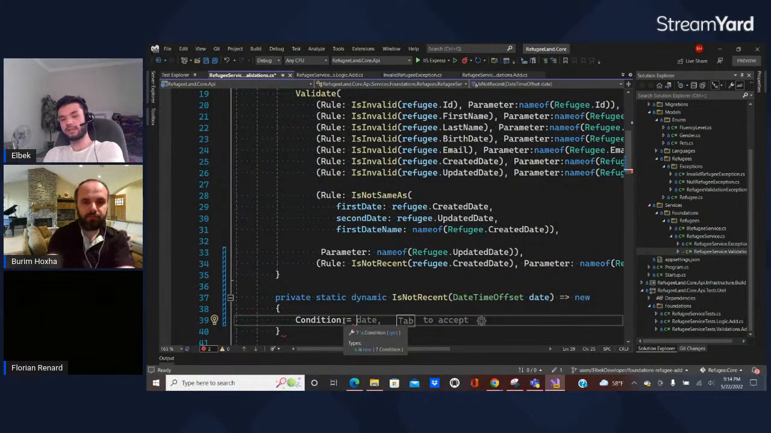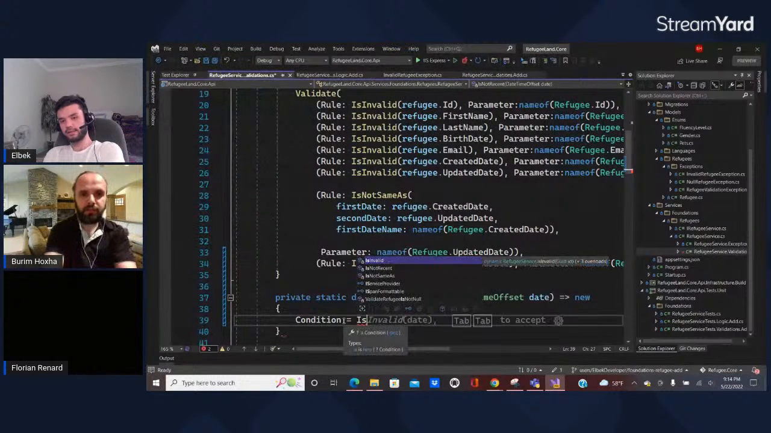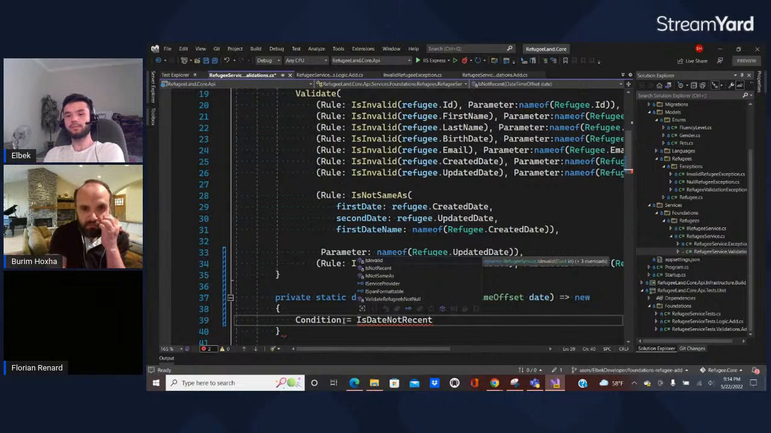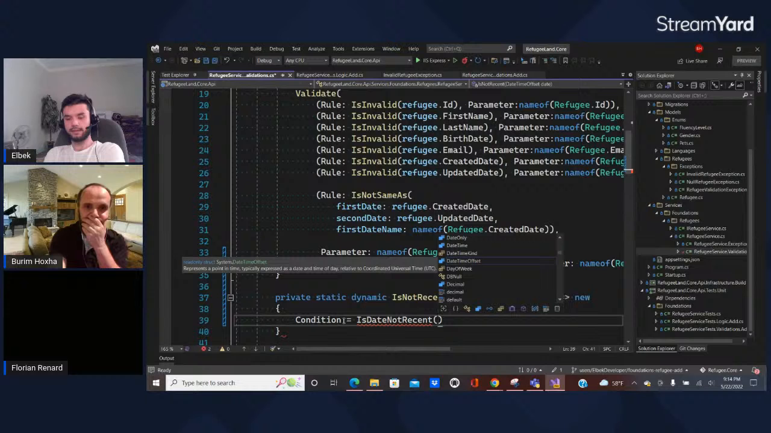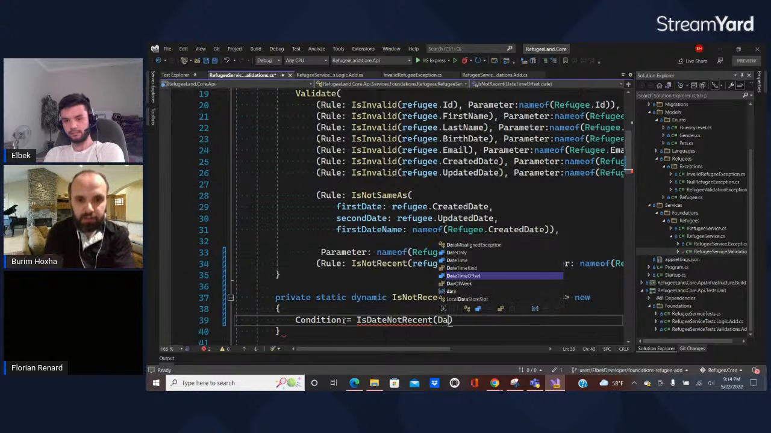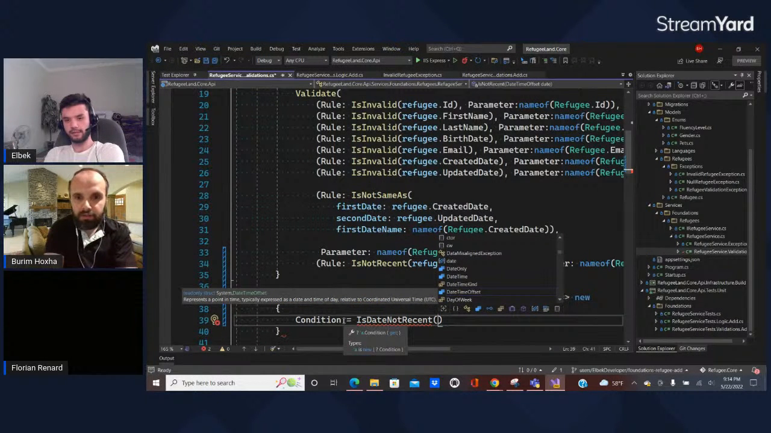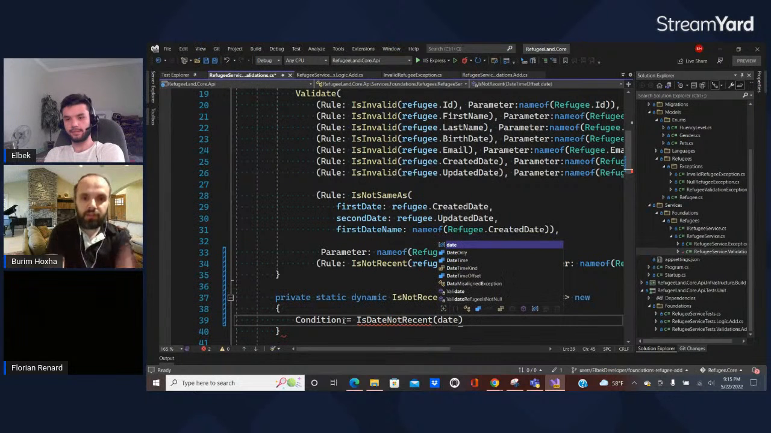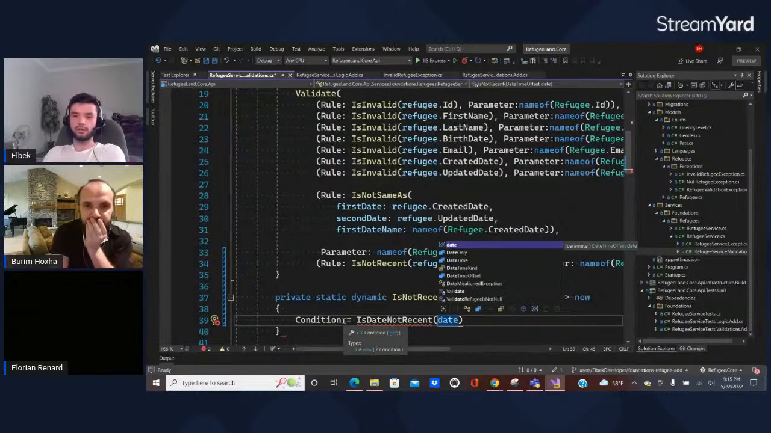The method should be IsDateNotRecent. Okay, and we pass our date. So open and close, and pass date here. The date parameter that we get from the DateTimeOffset. Just say date with lowercase. This one. And if you click control D here,